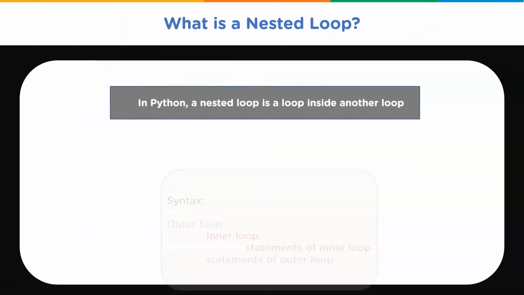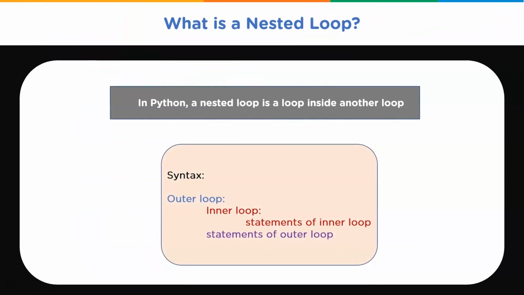What is a nested loop? Python programming language allows you to use one loop inside another loop. This is known as a nested loop. It is present inside the body of the outer loop. The inner or outer loop can be a for loop or a while loop. The outer for loop can contain a while loop, or an outer while loop can contain a for loop inside it. In Python nested loops, the outer loop can have more than one inner loop. There is no limitation on the chaining of loops.